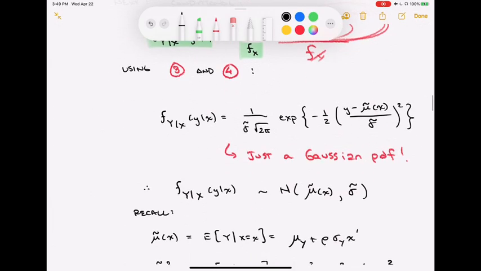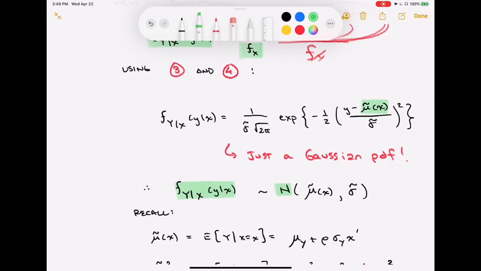So this turns out to be real simple. Fy given x is going to be all that leftover stuff. That's 1 over sigma tilde root 2 pi exp of minus a half y minus y tilde, which is a function of x, divided by sigma tilde quantity squared. You can compare that to the one-dimensional Gaussian PDF form, and it's exactly the same. It is a Gaussian, so Fy given x, the conditional distribution in this particular case, is a normal,